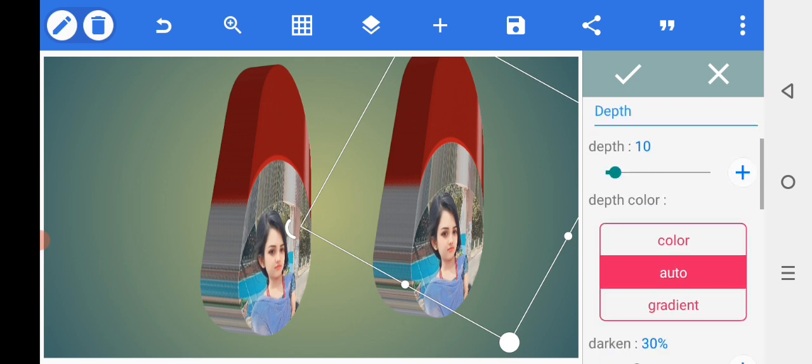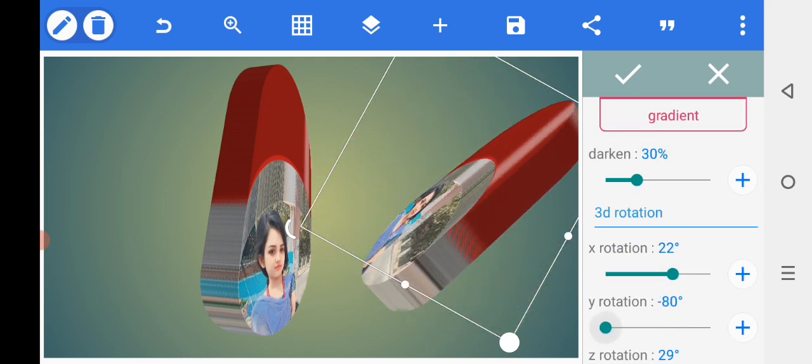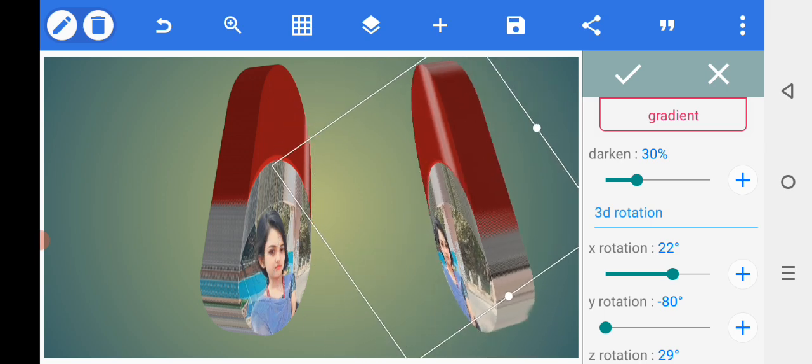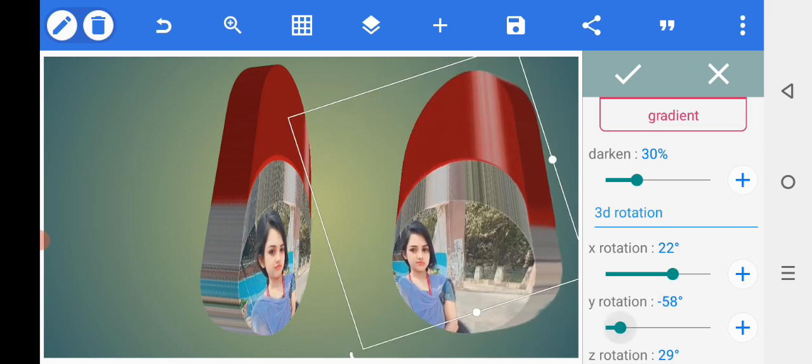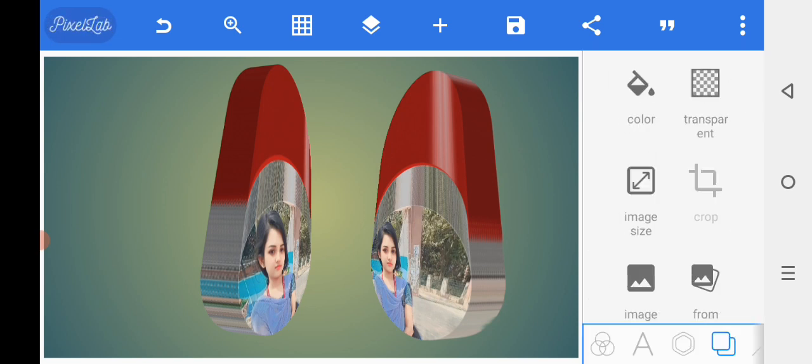select the 3D shape, select the Y rotation, change the background, select the color option,